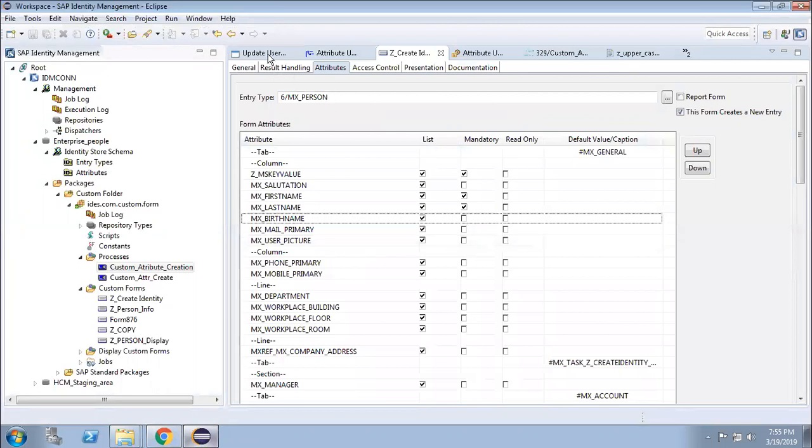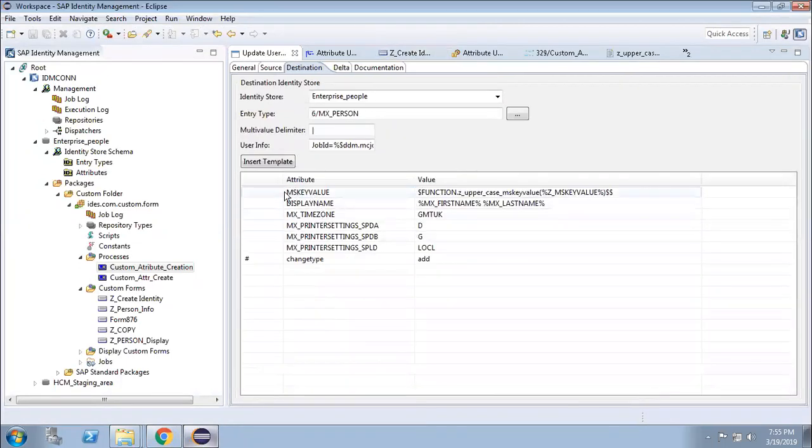And I want in this original ms key value, the first name and last name to come. So ms underscore first name percentile here, ms underscore last name percentile.